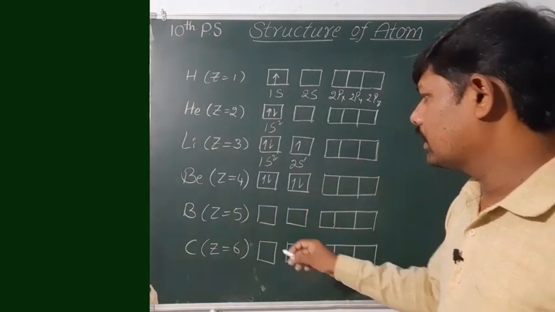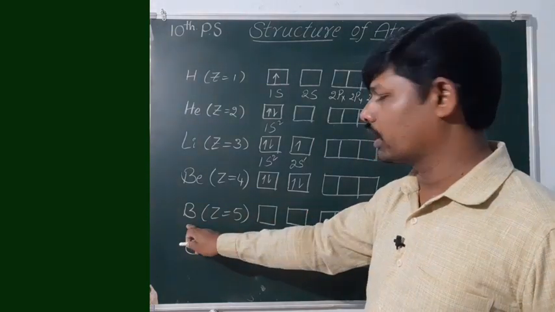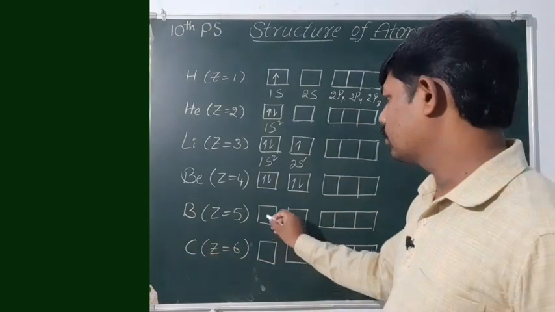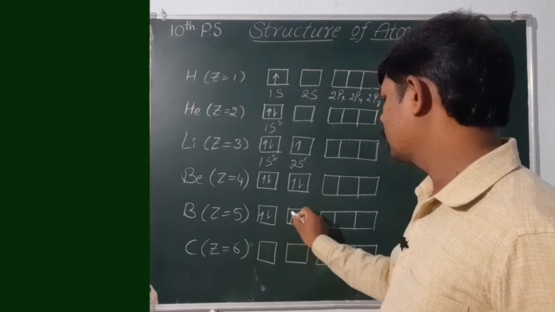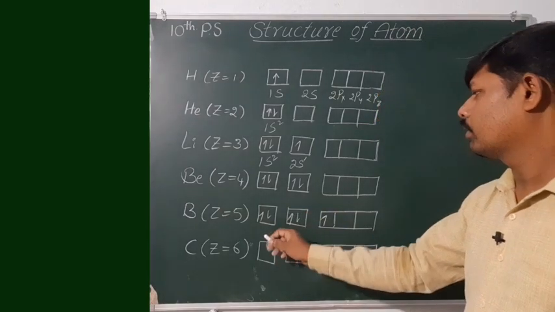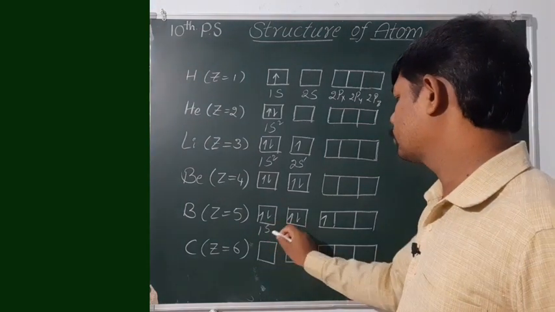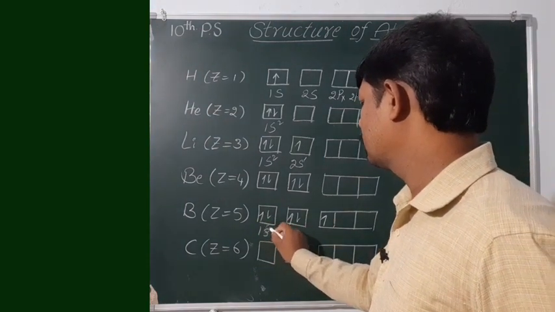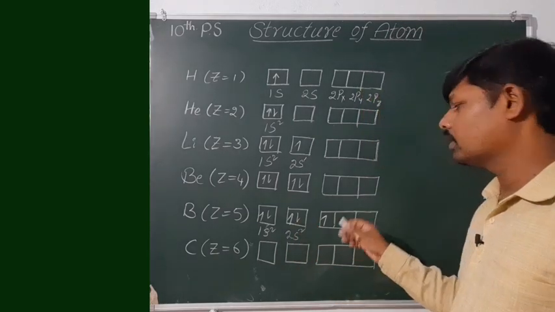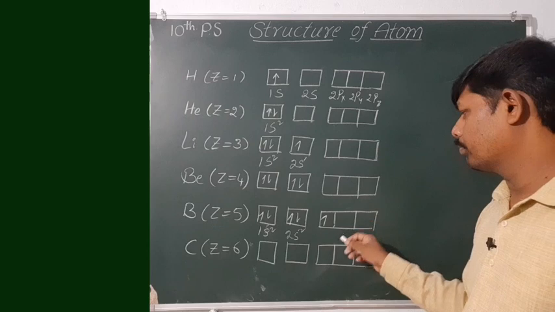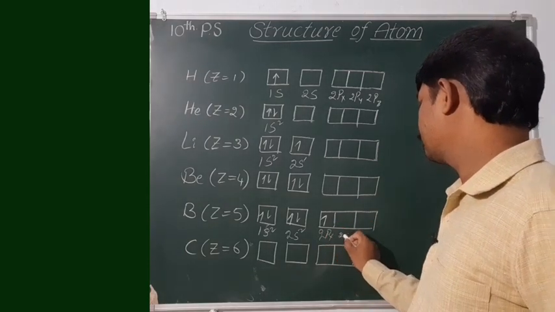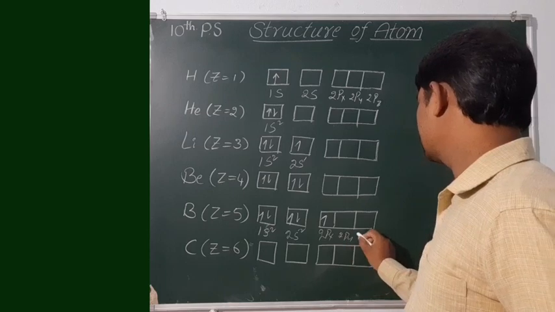And if you observe the electronic configuration of boron, B means boron, atomic number Z is equal to 5. So here 2 electrons, here 2 electrons and here 1 electron, because the 1s orbital is filled, 1s2, this is 2s2, then the third orbital is 2p. So it will come into 2px, with 2py and 2pz empty.